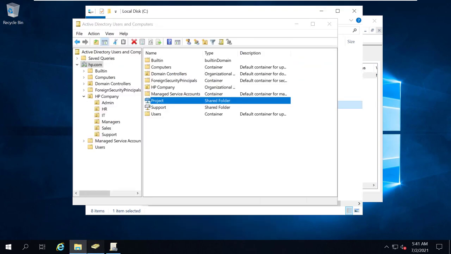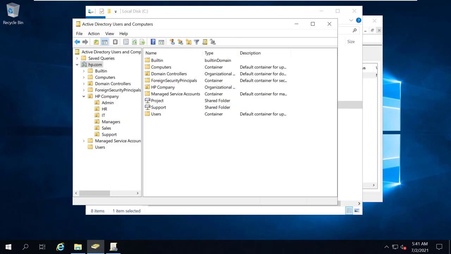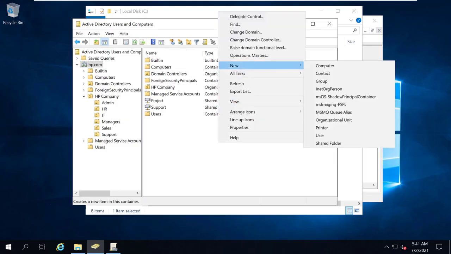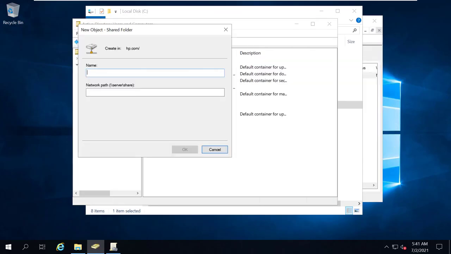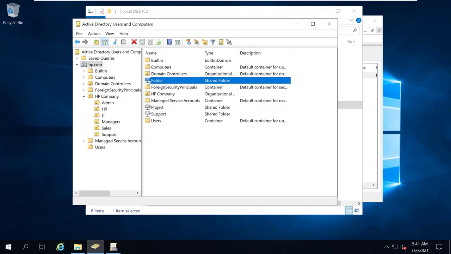So go to Active Directory now and then put new, new, and then folder. Let's say folder. This is for everyone's folder, like their users folder. Na it will be like their secured folder, para hindi nila ma-view yung mga laman ng other folder. They can see the folder but they cannot view what's inside the folder. So let's map this to everyone, just like the common drive.